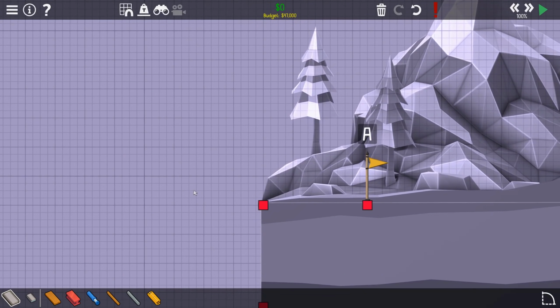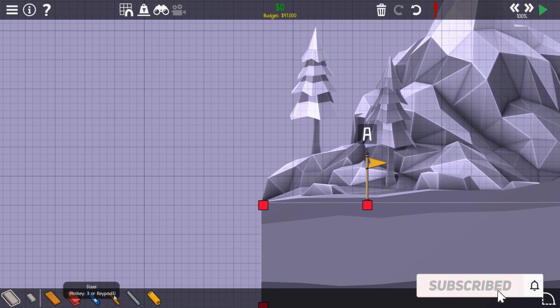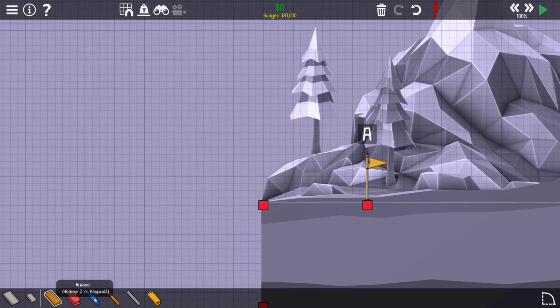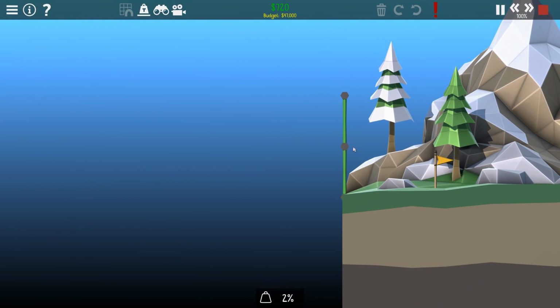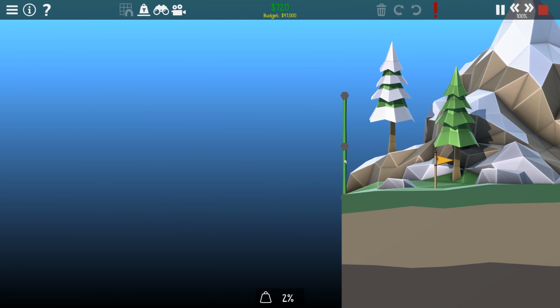Right, so essentially what I want to try and work out is how the game works, how it's programmed, just by doing a few simple tests. So I'm going to start by doing a simple piece of wood, and then I'm going to put various things on top because the weight of this will go through this one. So we're essentially just looking at this one piece down here, and the 2% is the amount of stress going through this piece, because this one has no weight on top,